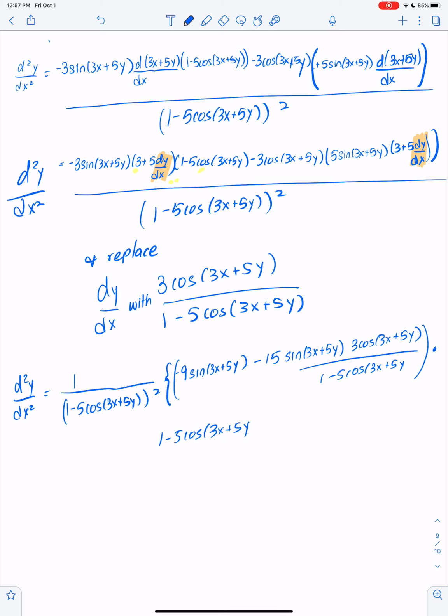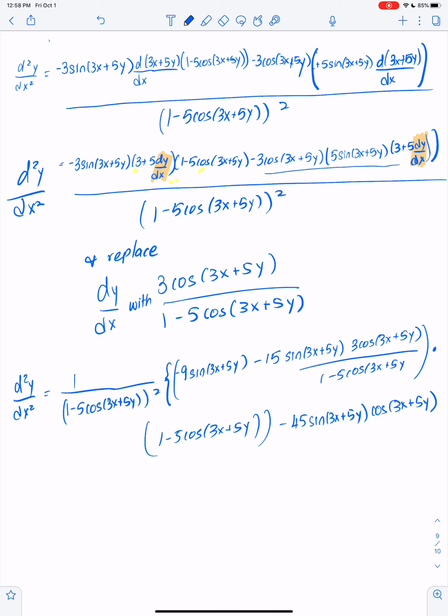Okay, so you see this thing is already getting crazy complicated to write down, and then minus, you have to now write this term out, and so you will have minus 45 sine 3x plus 5y cosine 3x plus 5y